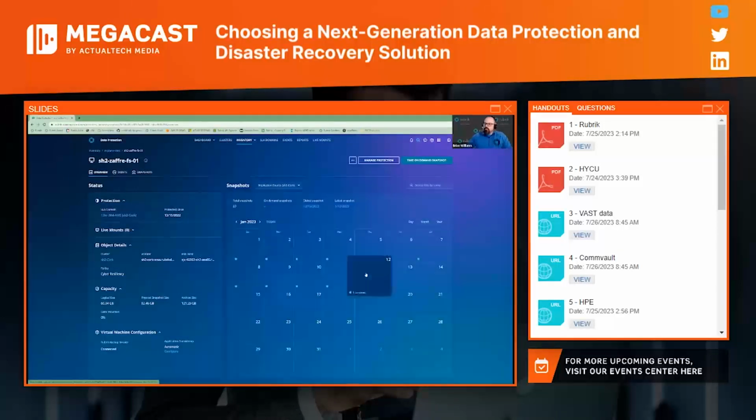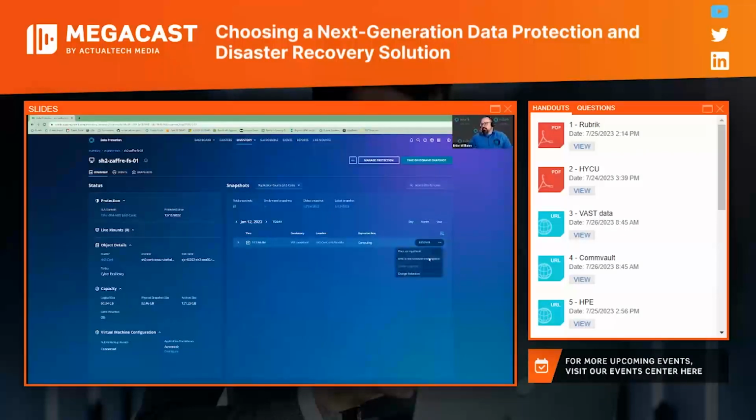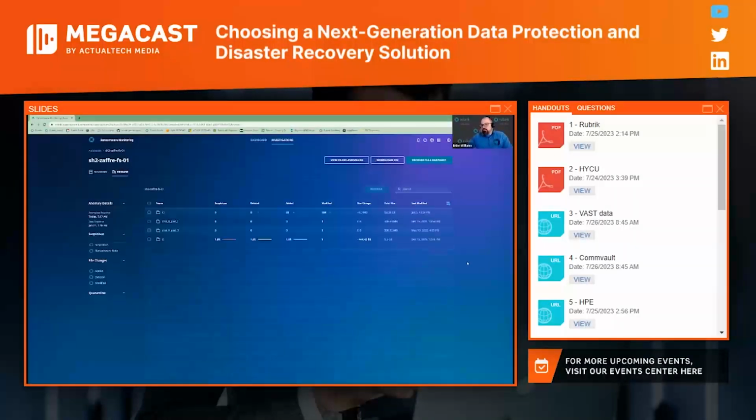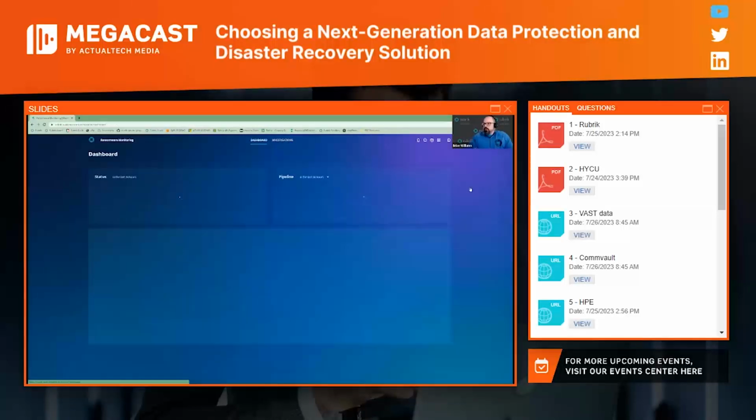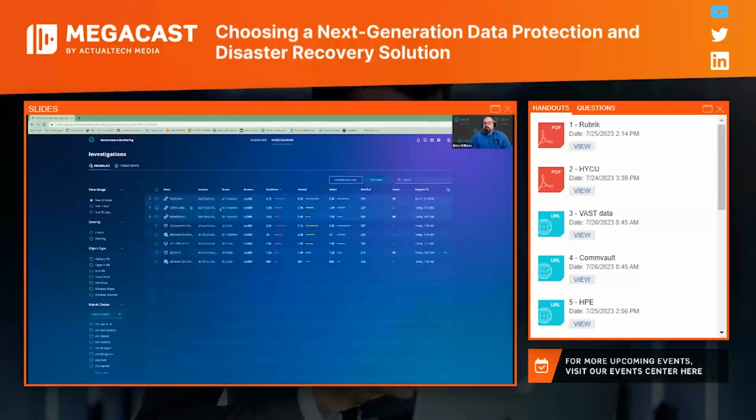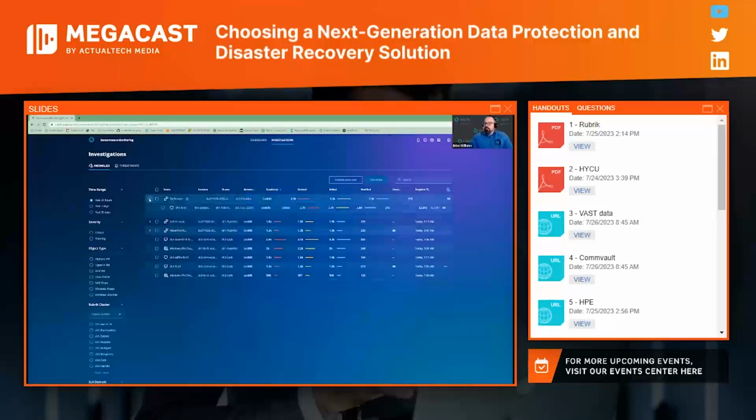When I go to recover, I can actually take a look at this snapshot inside ransomware investigation just to make sure that I'm not recovering anything bad. And obviously, I see some things here. So now I know that this is not a good, clean snapshot. The other way is, of course, I could jump into ransomware monitoring, and now I can investigate these anomalies as they're presented. And what do you know? It's listed here as well.